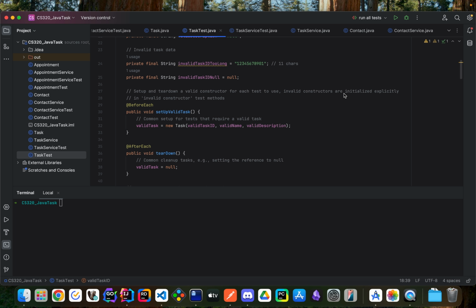Invalid constructors are initialized explicitly in invalid constructor test methods. So we know that every valid constructor call will be set up using this before each. That's some code reuse. And then we don't create invalid constructors automatically. We do it explicitly in those tests, likely because there was only 1 or 2 cases of that, where we had testing